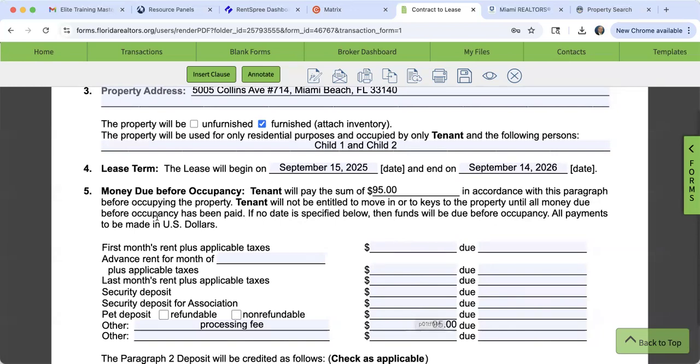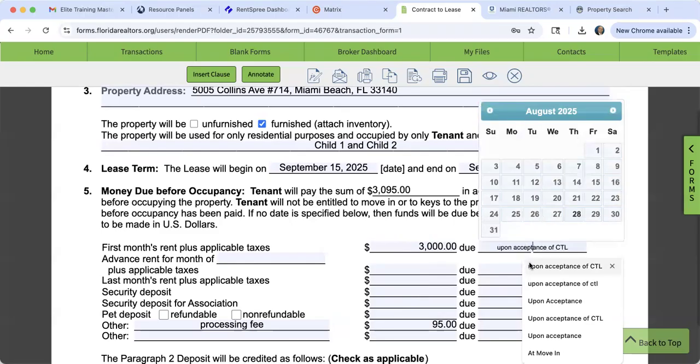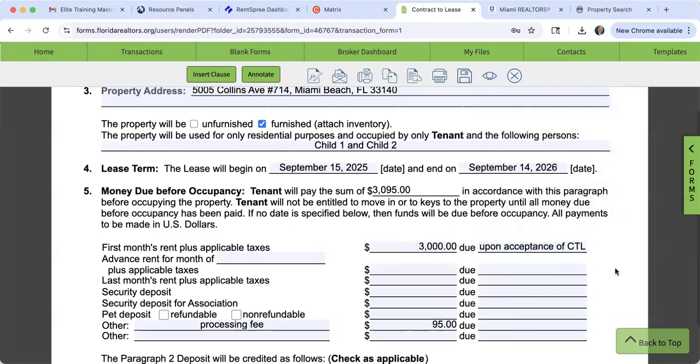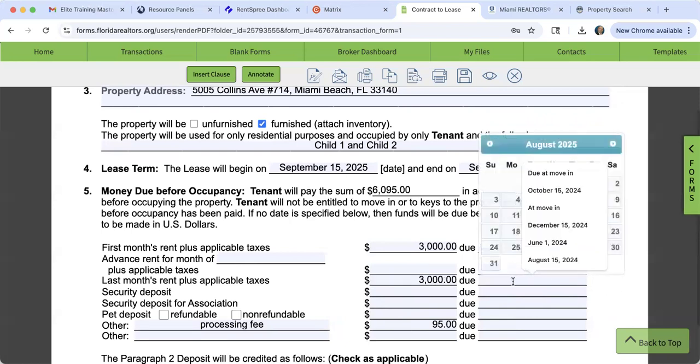All right. So beginning with the first month, $3,000. And I typically like to add here, upon acceptance of CTL. You can choose a date, but you just don't know when this CTL is going to be accepted, right? So the $3,000 is going to be due upon acceptance of the CTL. Last month's rent, which is $3,000 once again,